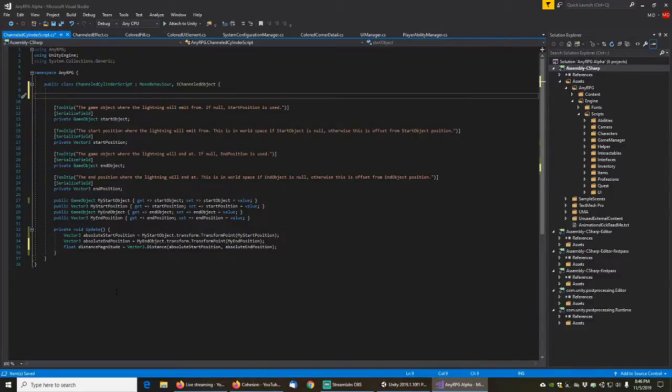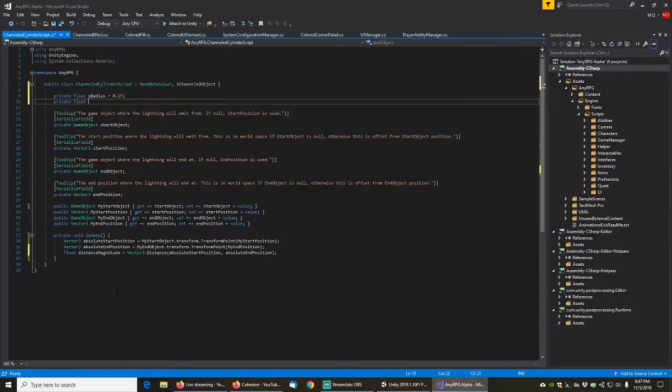I'm going to make just a hard-coded private float. We want the X and Z radiuses to be 0.1f on this thing. Okay, and